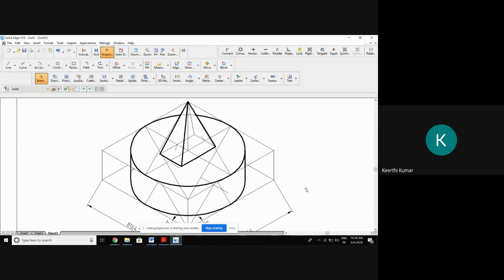Rectangular base is not correct. 12.5 on either side, that is good. But on the other side, we want 40. That means 20 by 20. Check out. I can see that you have taken 20, 20, 30, 32.5, 32.5. Oh, I hope you have taken 20 in the original scale.